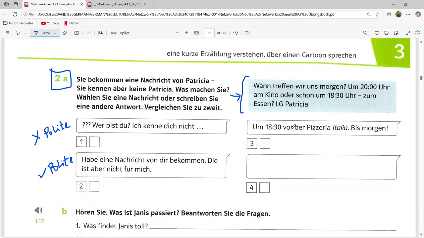So at 6:30 at this restaurant. See you tomorrow. Okay. You don't know. You will never accept. Right. So this message cannot... People don't usually send this one. Okay. So you can choose any of these two. Or what you can do, you can also write an answer. So what can be the possible answer? Possible answer can be like